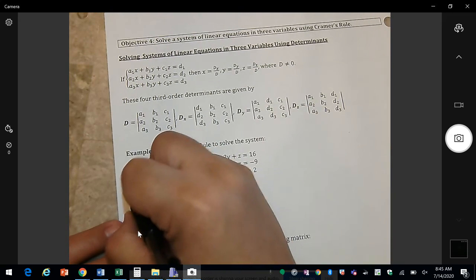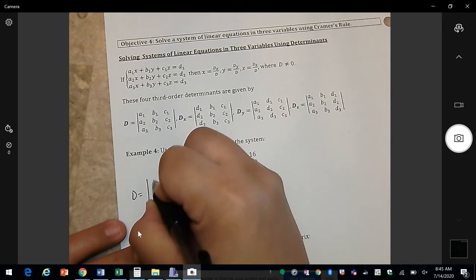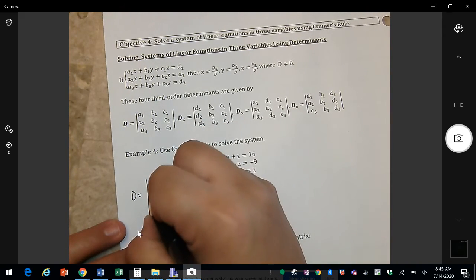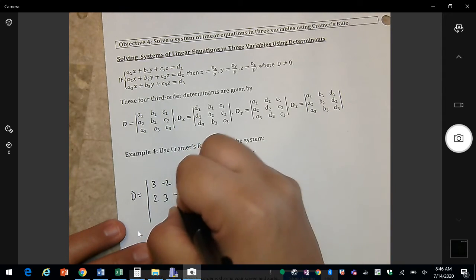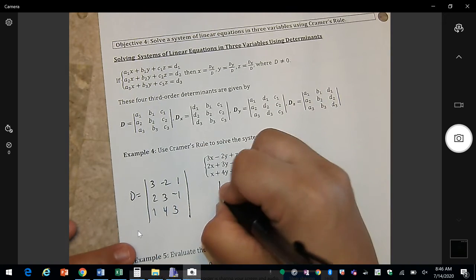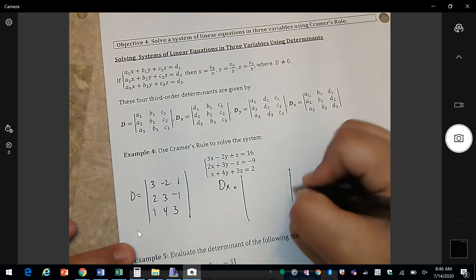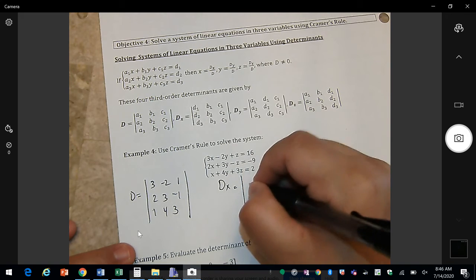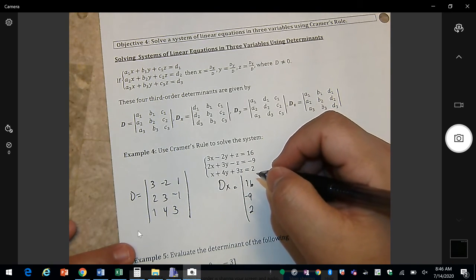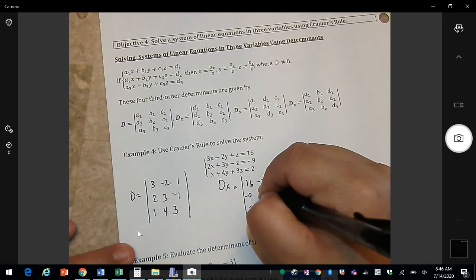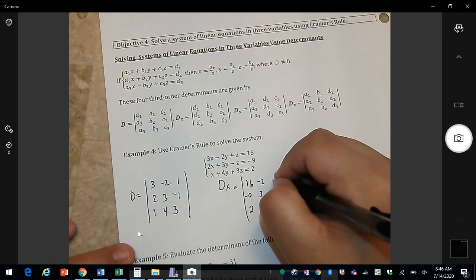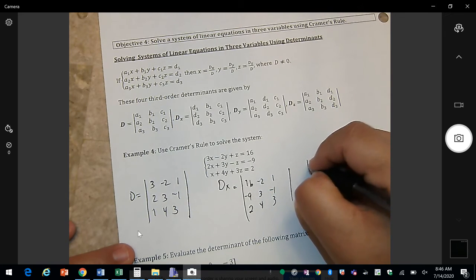So in this example, our first one would be the coefficients 3, -2, 1, 2, 3, -1, 1, 4, and 3. And then we would need dx, which is the constants 16, -9, 2. And then the coefficients of y, -2, 3, 4, and the coefficients of z. So 1, -1, 3. Then we need dy,